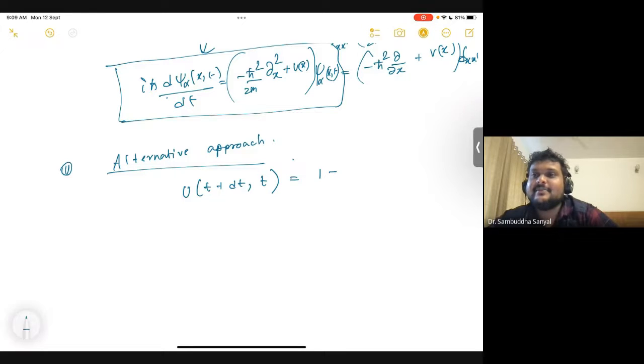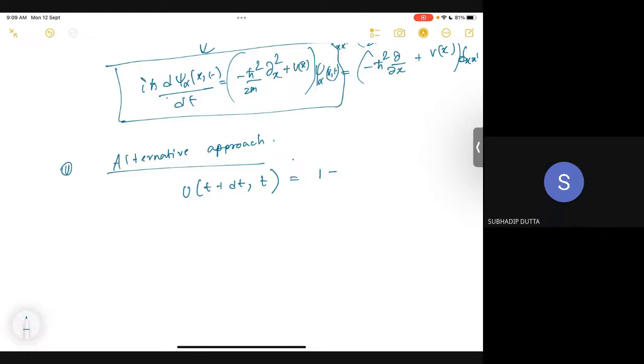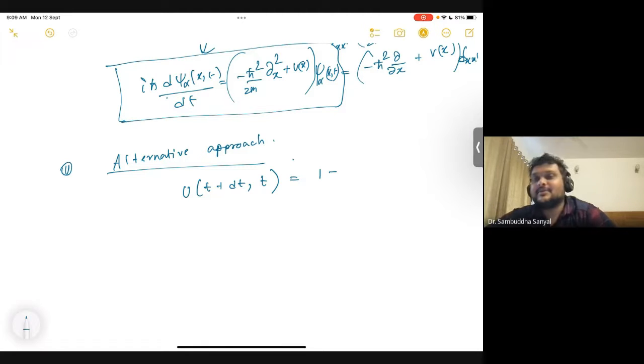You have done this wave and oscillation course, right? So how does a wave equation look like? Like y equal to a sine omega t minus kx. No. That is the solution of the wave equation. What does the differential equation look like?